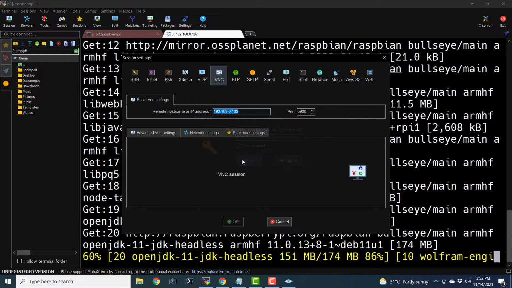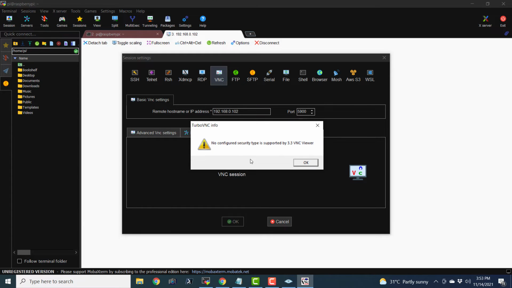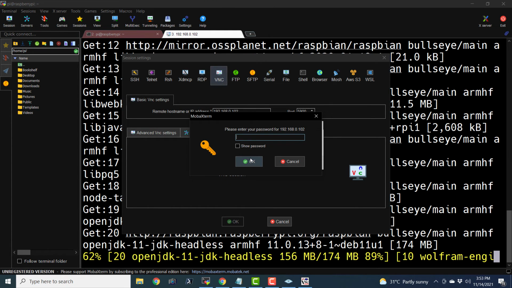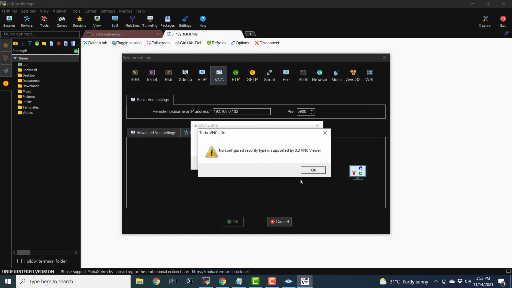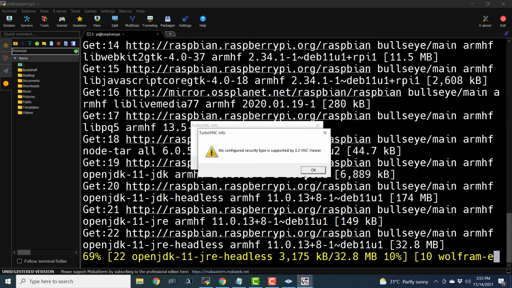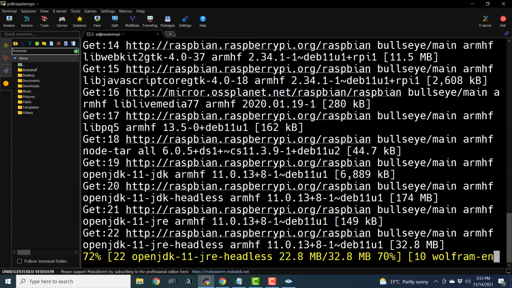If I say OK, it should launch a VNC session. It again asks me for the password. Show password. It says no configured security type is supported by 3.3 VNC viewer. So I guess there is some problem with the VNC viewer.